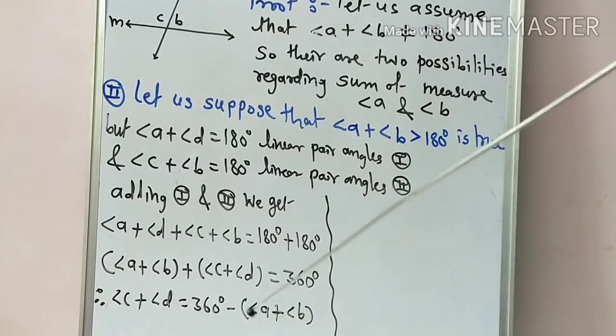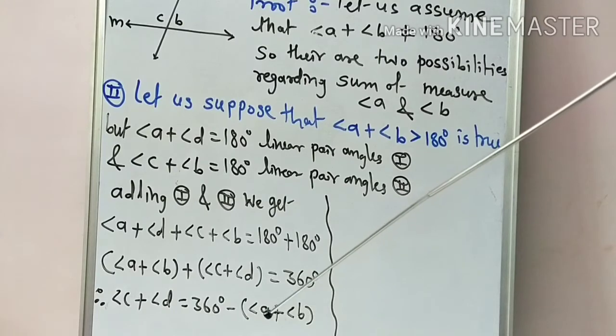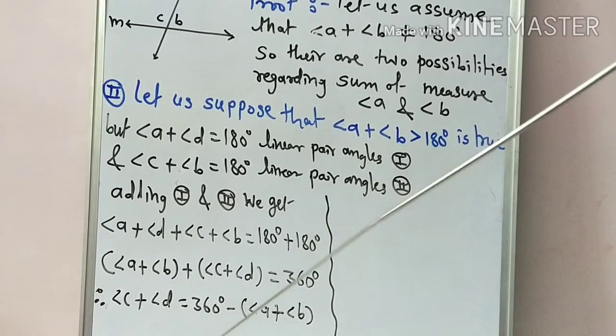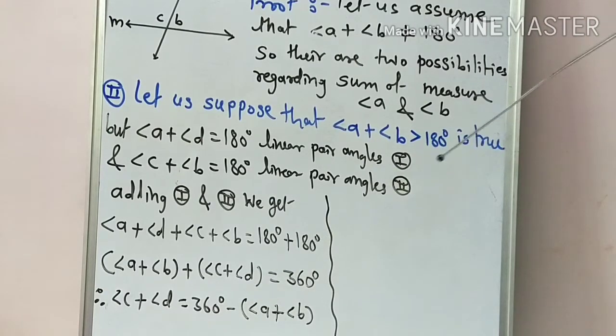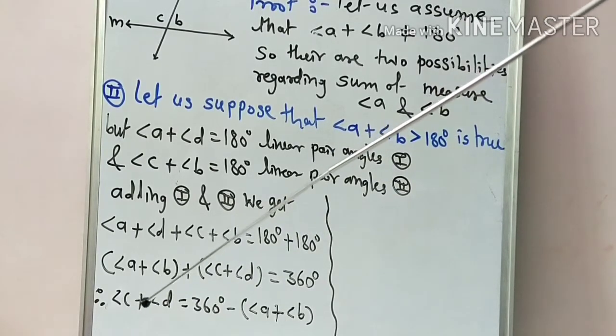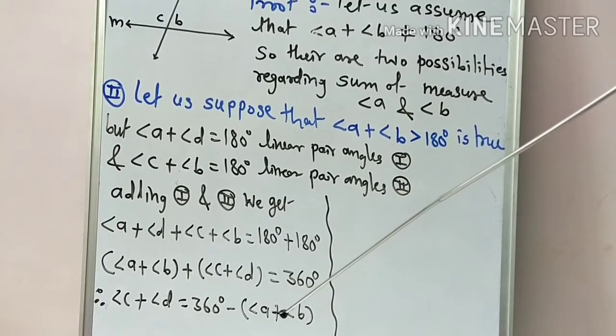ही सम काय आहे? 180 degree पेक्षा greater, मोठी आहे. And as we subtract it from 360, what is the relation between 360 and 180? Yes, 180 degrees is half of that 360, आणि ही सम 180 पेक्षा काय आहे? ग्रेटर, मोठी आहे. And what does it mean? As we subtract this sum, which is greater than 180, from 360, then the remaining sum, means angle C plus angle D, is always less than 180 degrees. Getting this point?